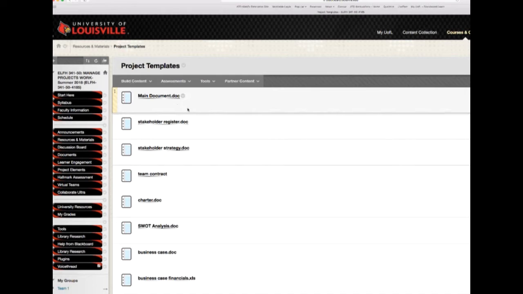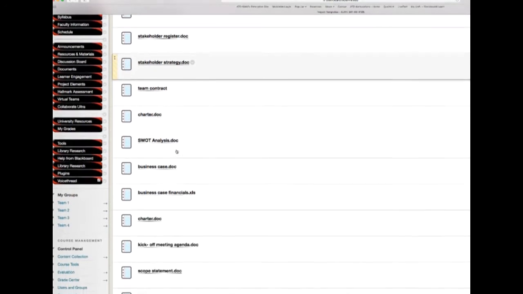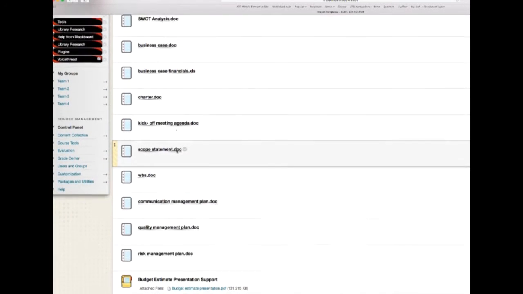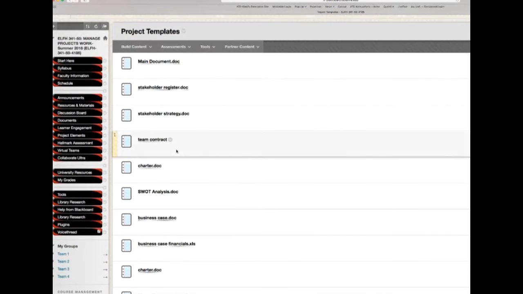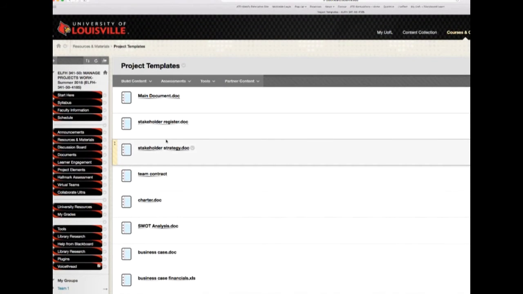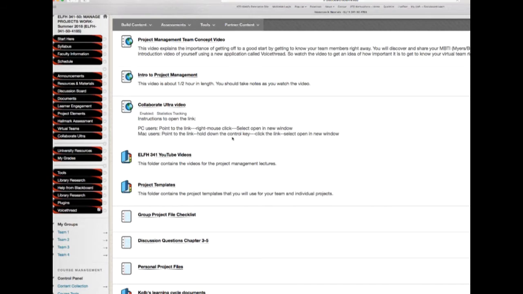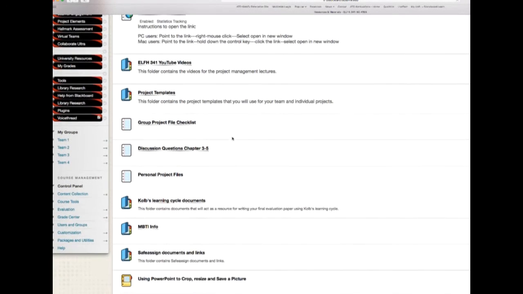There's one for the main document, the stakeholder register, stakeholder strategy, and so forth. So these are all the templates that you will use for your personal project and your virtual team project. All the templates are contained here in the project templates section. Back at the resources and materials, there is a checklist for your group project to make sure you have included all the files,